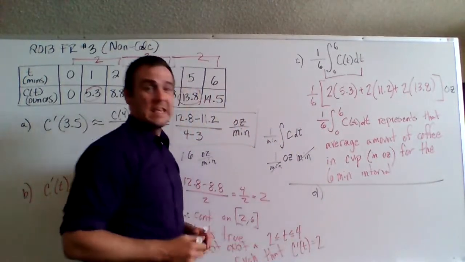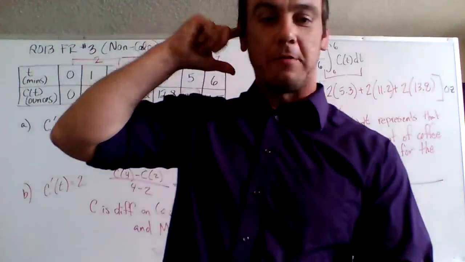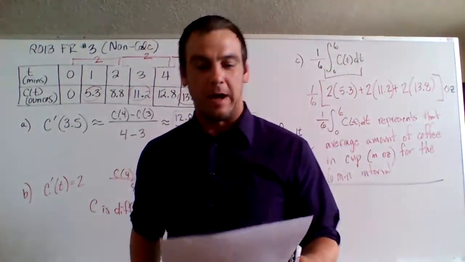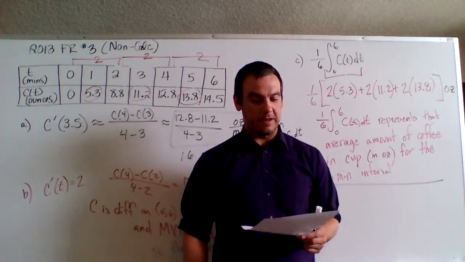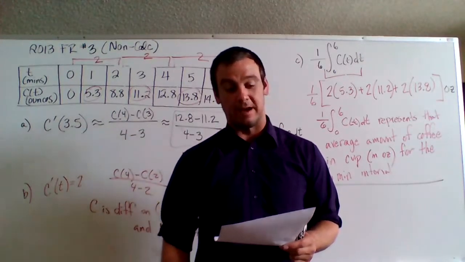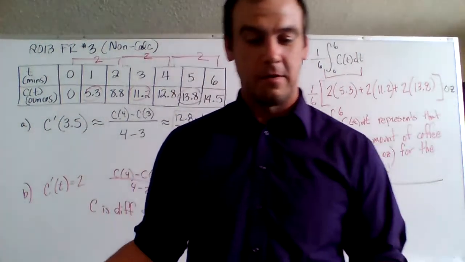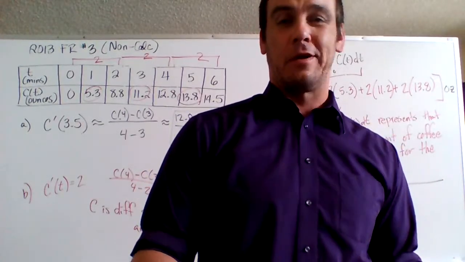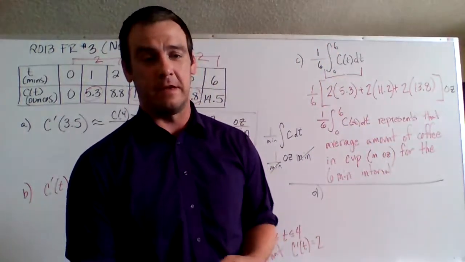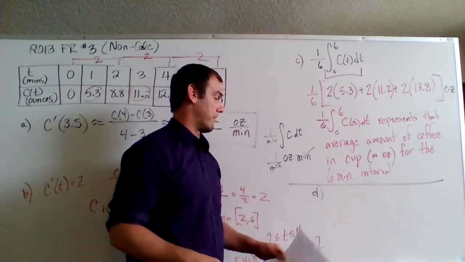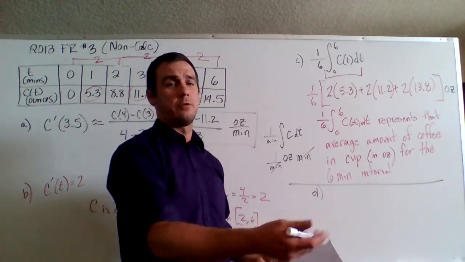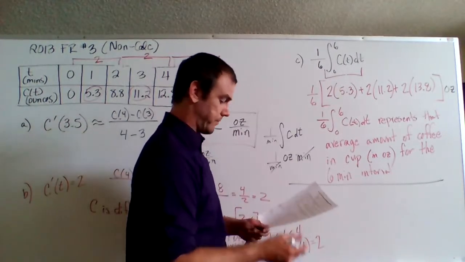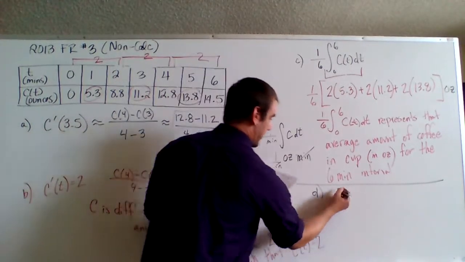Last one, part D. All right. The amount of coffee in the cup in ounces is modeled by an equation now. Using this model, find the rate at which the amount of coffee in the cup is changing when t is 5. Okay, well, if our equation B of t is the coffee in the cup, and we want to figure out what's the rate of change at 5, we just want to find the derivative and then plug 5 into our derivative. So, let's just write down B of t